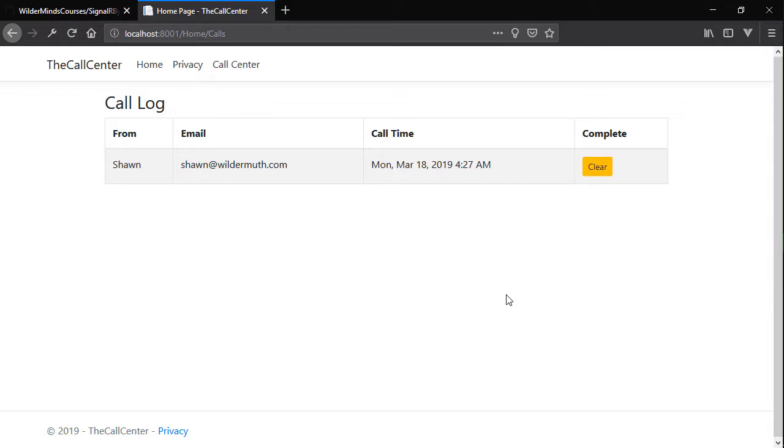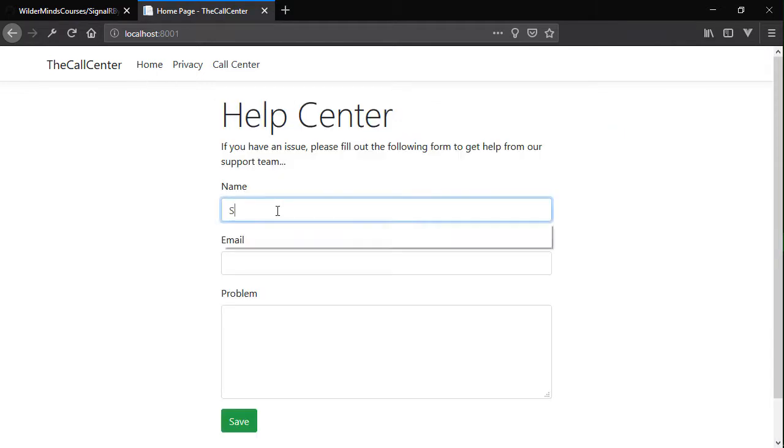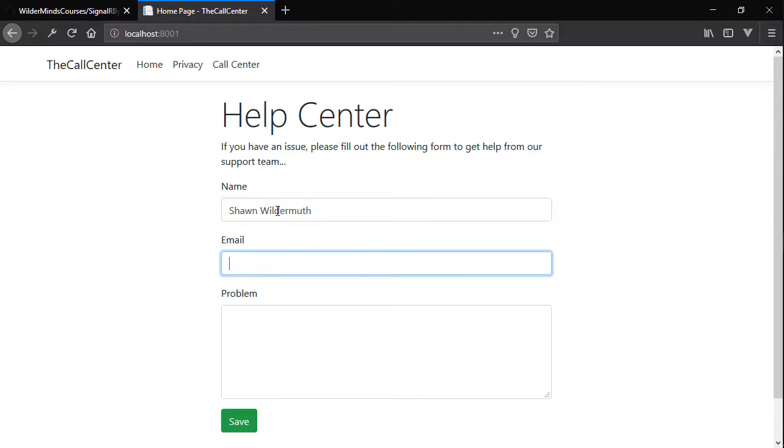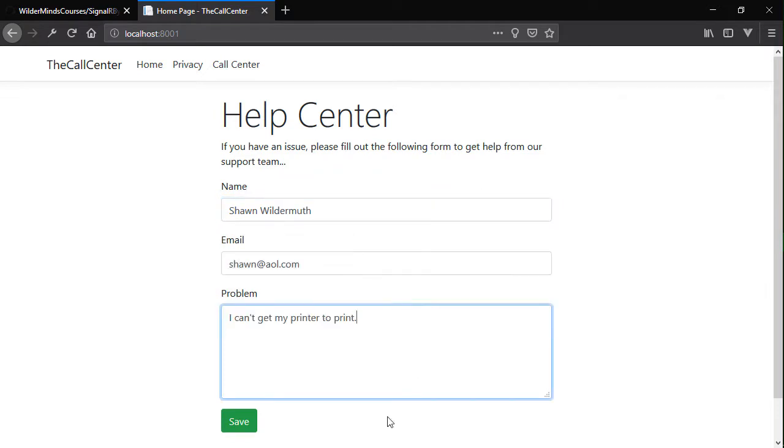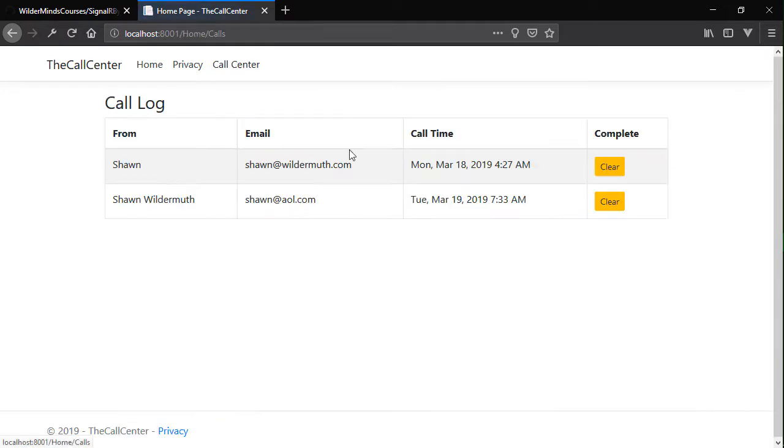We're going to start really simply because effectively what we want to do is the people who are handling the calls, we'd like to be able to populate this with new calls no matter where they're happening without having to refresh the page over and over. For example, if we go here and I'll put in a new test. Of course, this is what 80% of the help center is going to be. I can't get my printer to print. And once we save that, if we go back over to the call center,